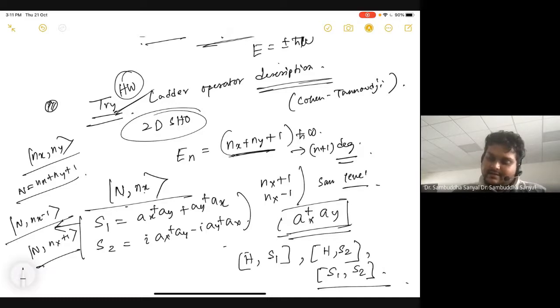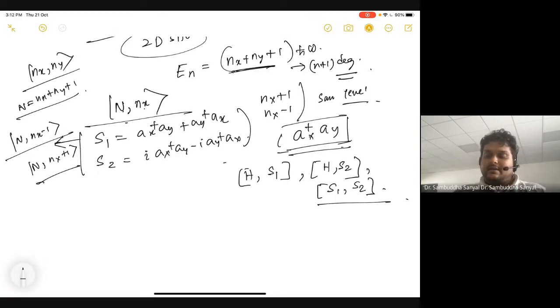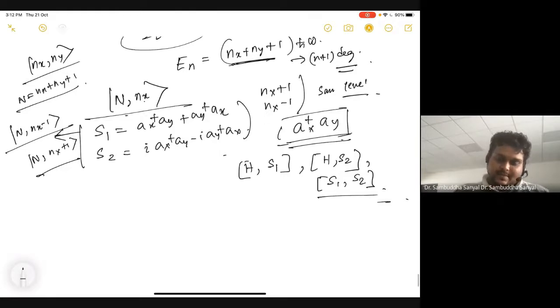So then from there I can construct these S structures, and I can show that they commute with the Hamiltonian, but they don't commute with each other because they are two different objects. So try to do this problem, you will get some insight. This is just for you to build up some idea about how these things work. And we will do this in detail for the three-dimensional hydrogen atom problem. That's why I don't want to do it in two or three different cases. I'll just do one case, but the other things you can work out very easily by yourself.